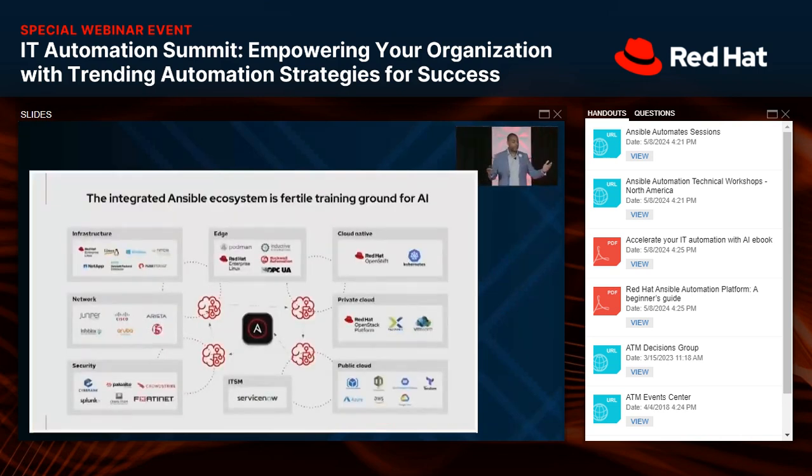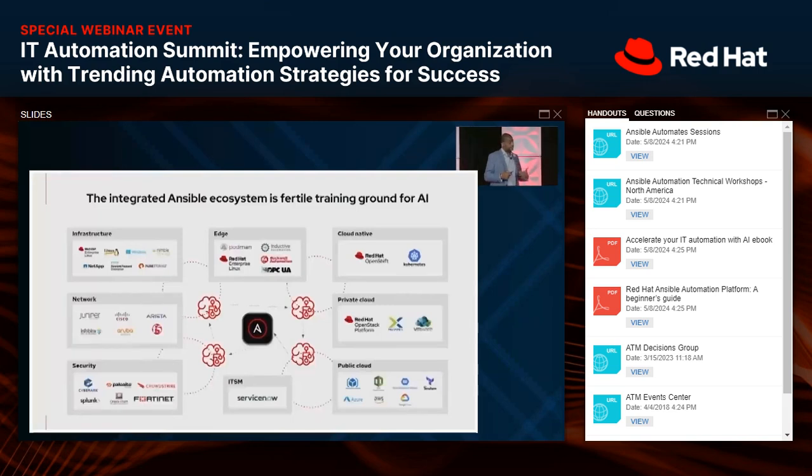I would be remiss if I didn't show you the whole Ansible ecosystem and basically how it's growing, right? It sets a proper ground for you to be able to transition into AI, in the sense that Ansible is the core of many different things: edge, traditional infrastructure, cloud native, private clouds. The list goes on.